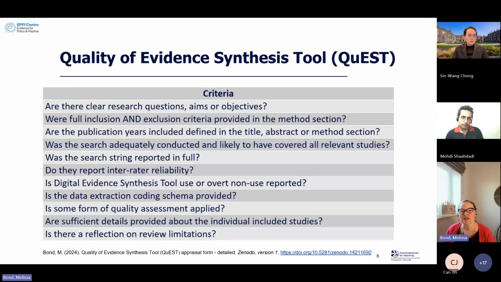Before I do that, though, I wanted to introduce you to another passion of mine, which is the quality of reporting of evidence syntheses. And this is a tool that I have developed, which was adapted from the AMSTAR 2 and the DARE quality appraisal tools. And I developed this because